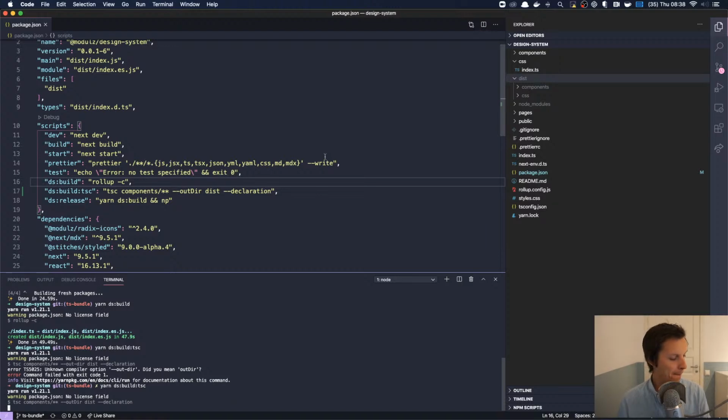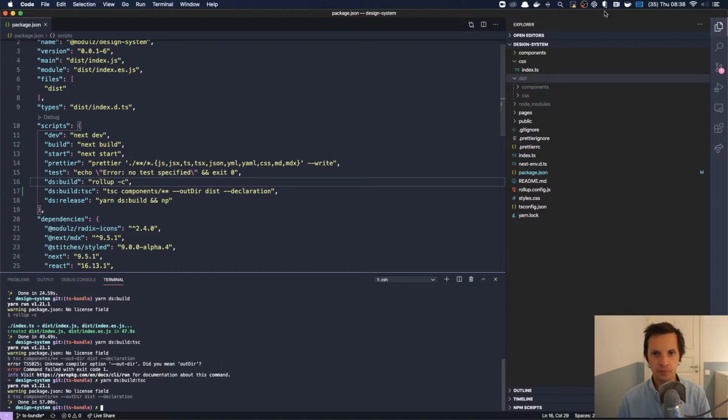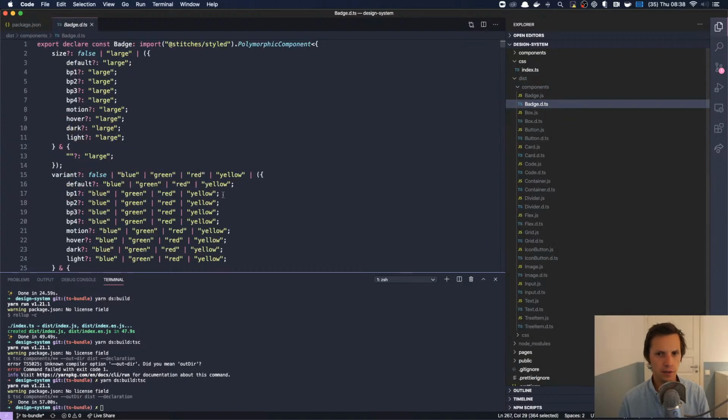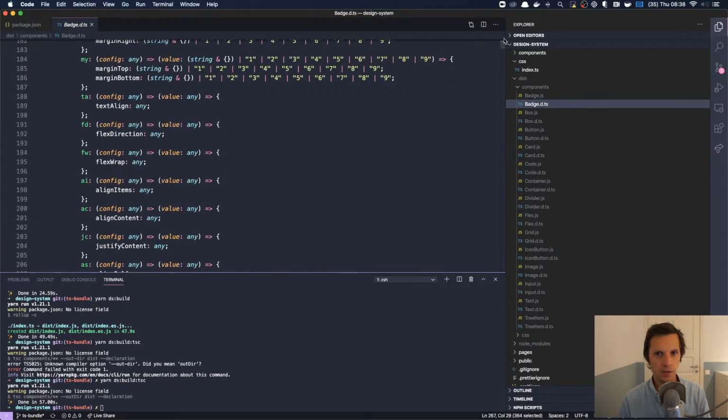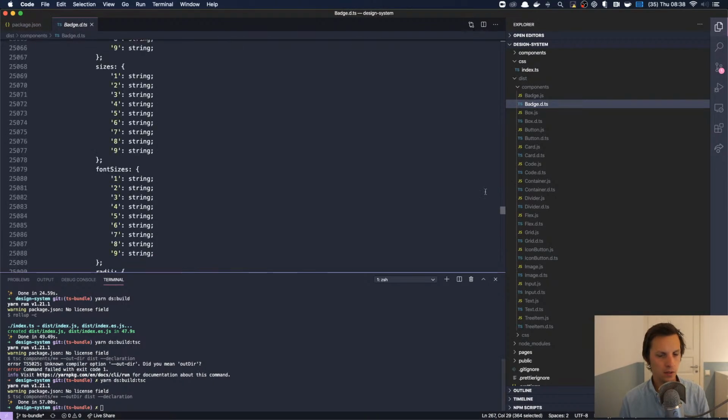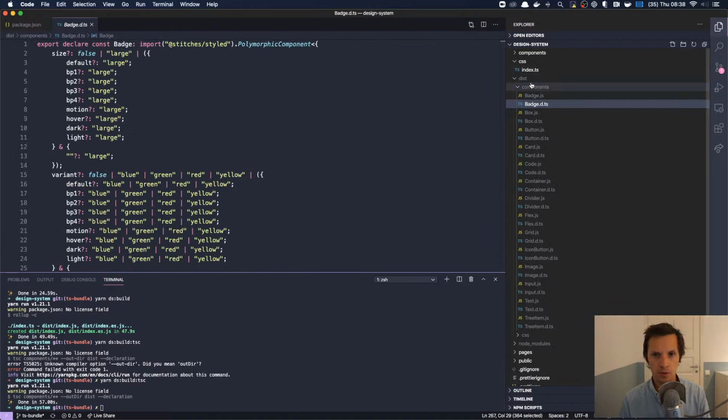Yeah, working with TypeScript is insanely frustrating from the perspective of a library author. It's awesome for consumers if the library is typed well, but it's definitely super tricky. Let's close that, because when I built this on my other computer, wow, this is super weird. This is not how it looked on my computer. What the hell? Let me try to build it again.